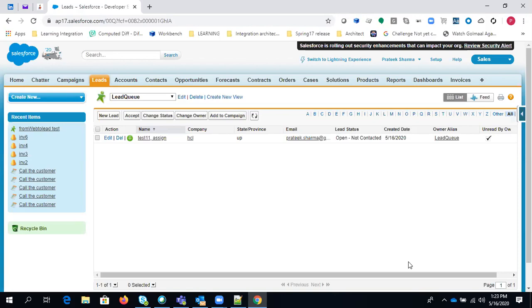Yes, because it will pass that null value there. But if you are not using that company field directly in the page, there are two things: either you are not using the field in the page, or you are using it. I'm using the field. So just remove that field and try it. It will throw an error. Okay. Any other question from anybody?